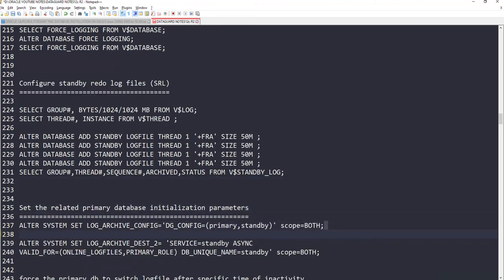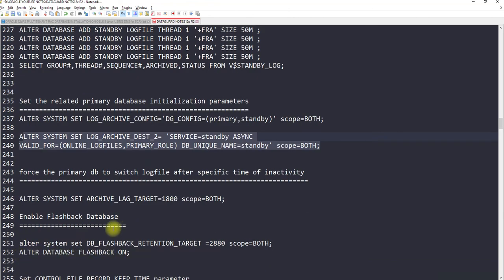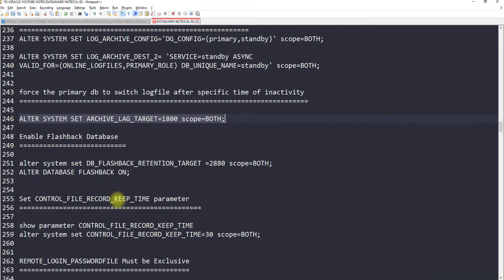Then we have set up some Data Guard related initialization parameters so that the Data Guard primary database can point and send the redo logs generated on the primary to the standby. Then we have forced the log to switch at each interval, right? We have enabled the flashback database. We have set up the control file record keep time.